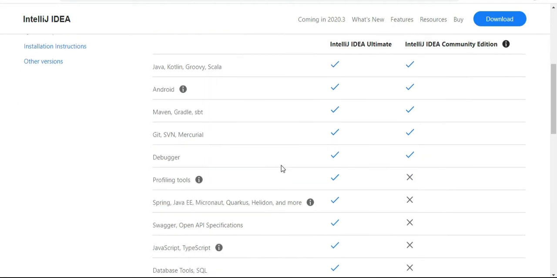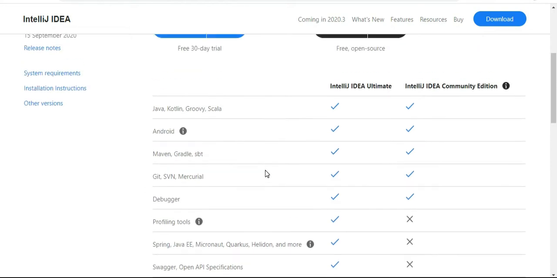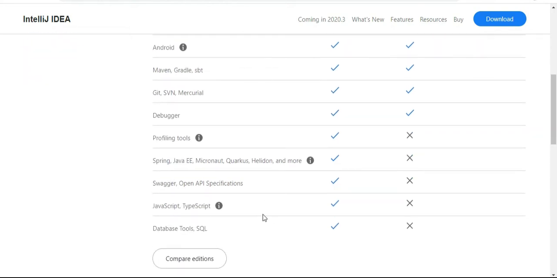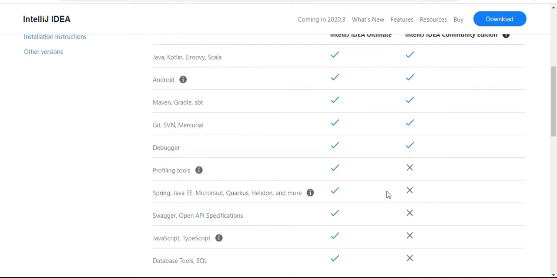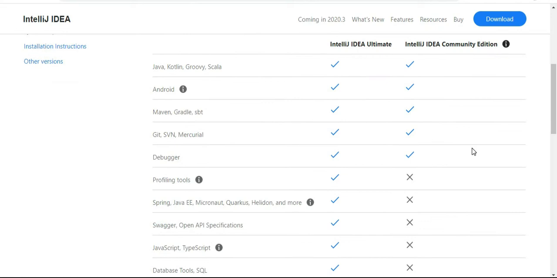In Community edition, a few of the features are not available because it is free and open source, and in the paid one, that is Ultimate edition, we have almost all features available for development and deployment. So now I'm going to install Community edition because it is the free one. Let me click on the option download.